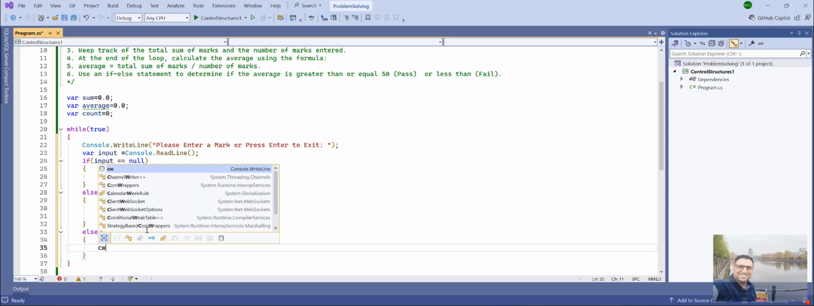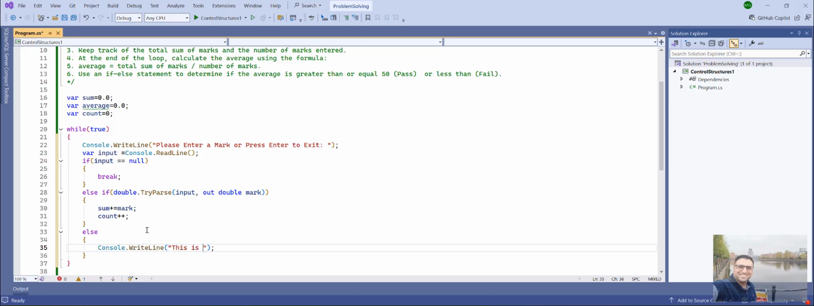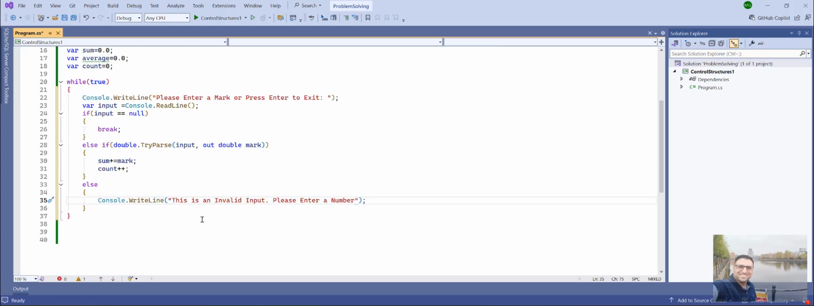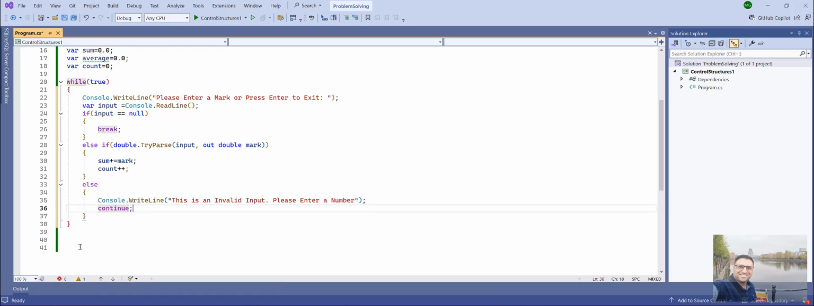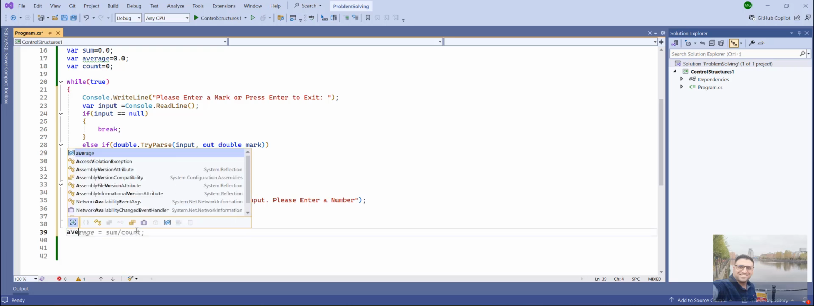However, if the user enters something else other than a number, like a letter, then I'll present to the user an invalid input. Please enter a number. Okay, and then I will continue, meaning I'll go back again to the while loop. Alright, and by the end of the loop,